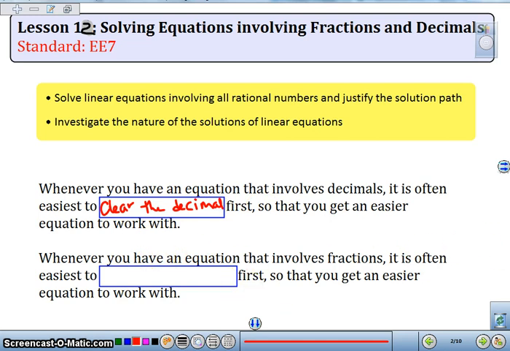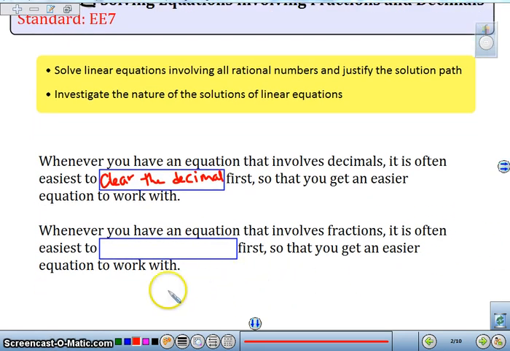Whenever we have an equation with fractions, it's the same kind of thing. We want to clear the fraction, so it's always easiest to multiply. And what are we always multiplying by? Yesterday in class we talked about how we multiply by the least common multiple, so that we don't have to work